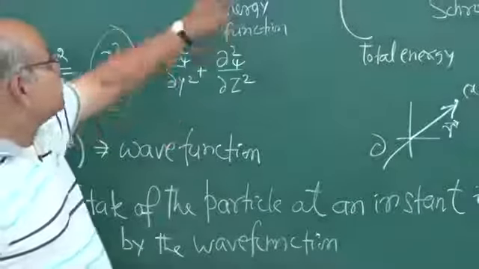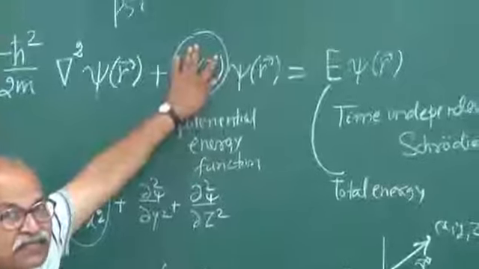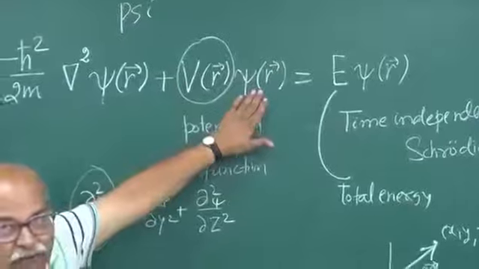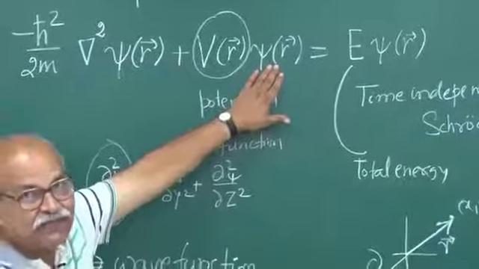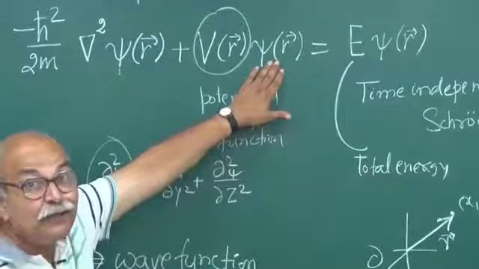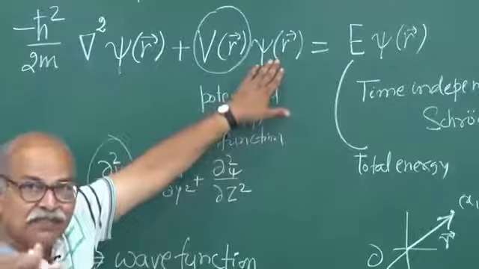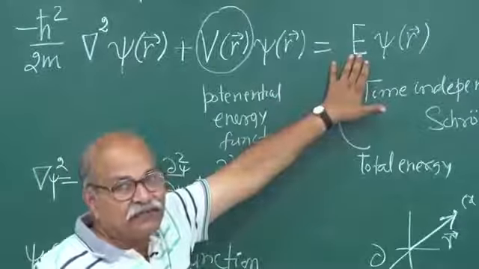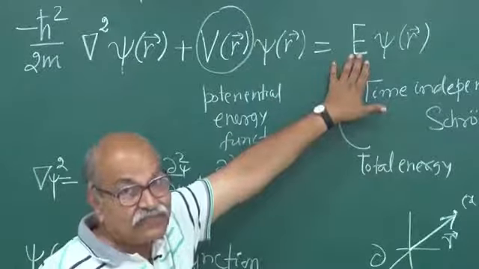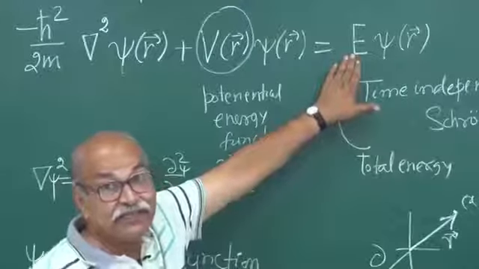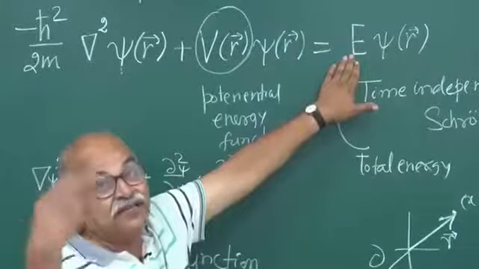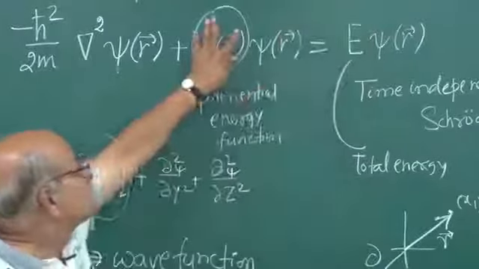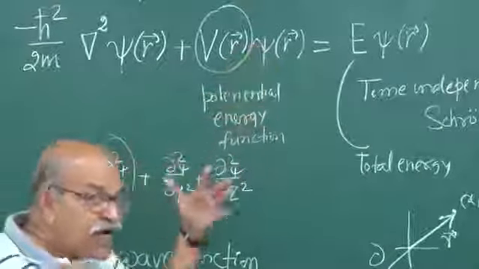But if this potential energy function is given to me, then this psi is something which I have to discover from this equation. It's an unknown function, not an unknown variable, and this energy is also not known to me. This is an unknown function, and that is an unknown value. This energy is a value. It is just a number. It's not a function of x, y, z. So I have to find this E and